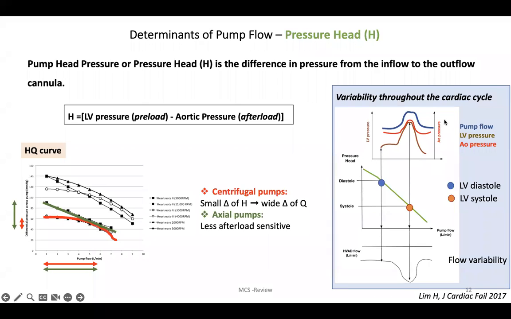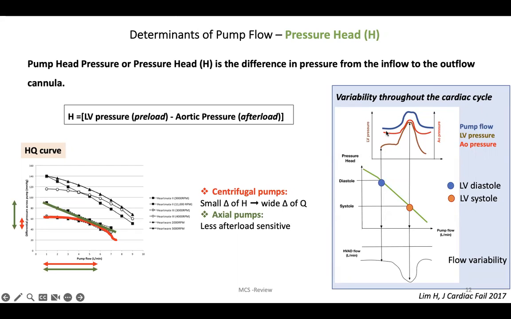Here, it's the same information, but with a different representation. You have here on the brown curve the LV pressure. So diastole and systole is going to increase. The red curve is the aortic pressure, the pressure in the ascending aorta. And in diastole, as you know, the pressure is higher in the aorta than in the left ventricle, but they are pretty much the same in systole. And as we said,